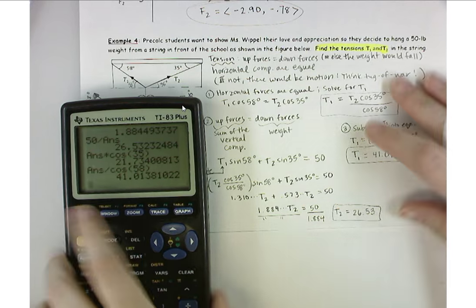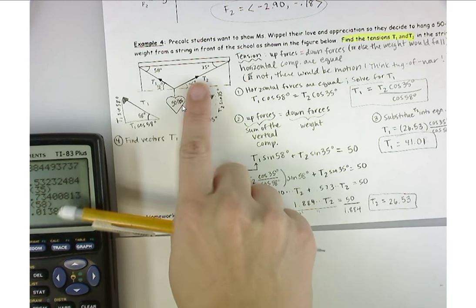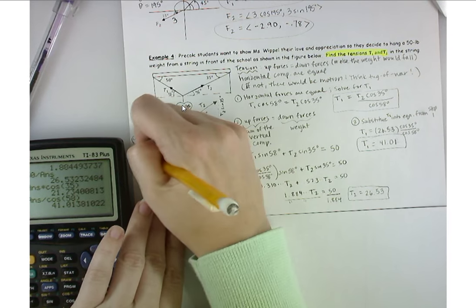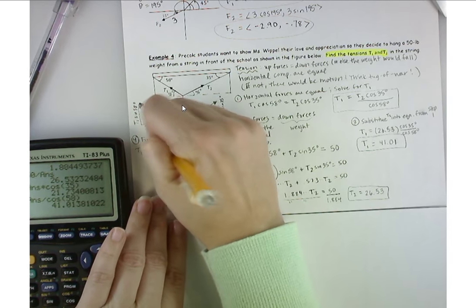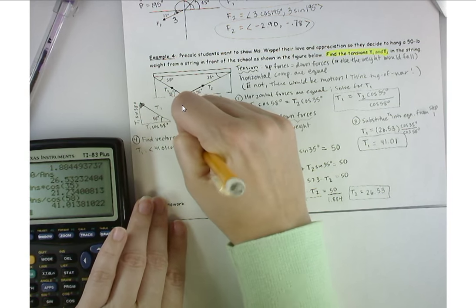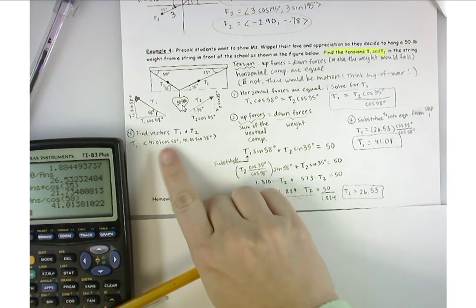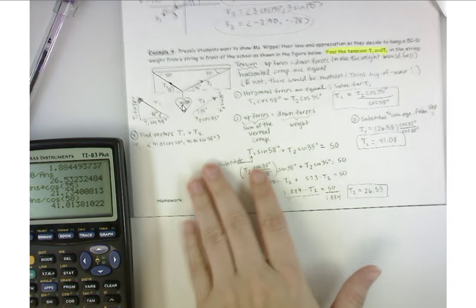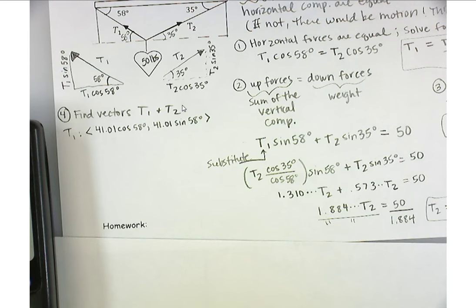Now, when you look at the picture, you can see that these are vectors, right? T sub 1, T sub 2. So your final answers are going to be vectors. So for T sub 1, the vector created is 41.01 times the cosine of 58 degrees, and then 41.01 times the sine of 58 degrees. Okay? Because that's your horizontal component and that's your vertical component. What we're doing now is we're just plugging in the values